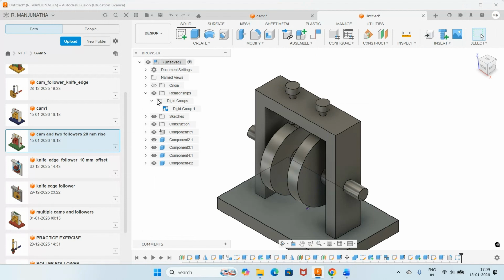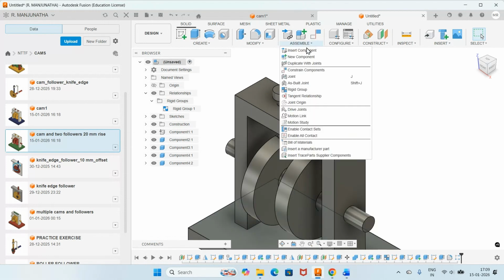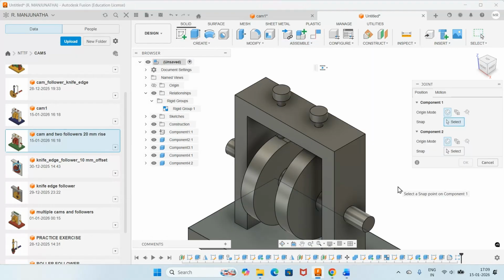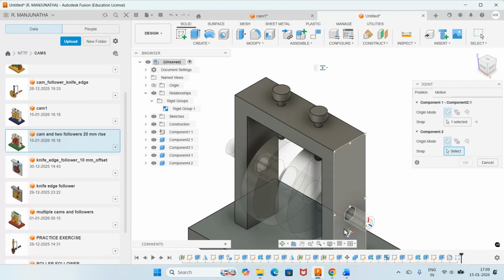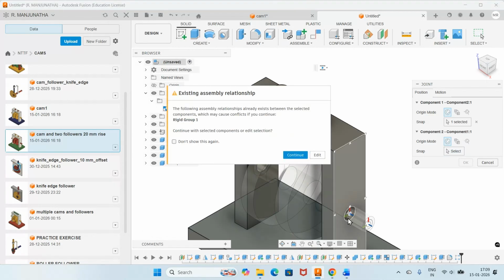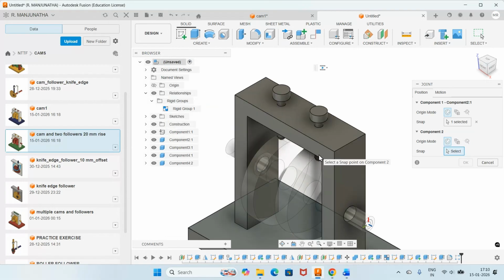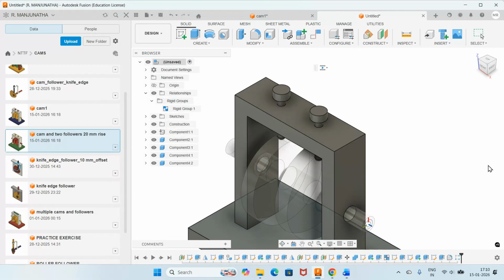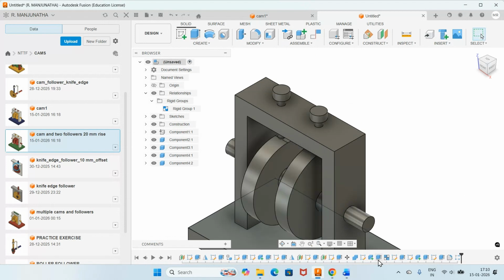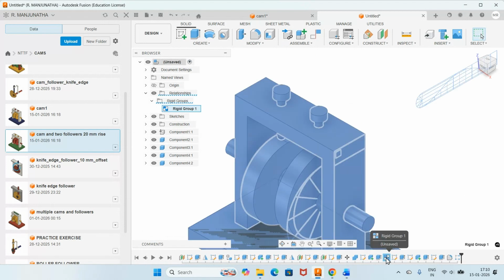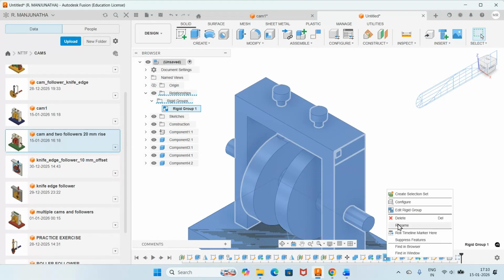Now I go to assemble, go to joint. So select this joint with reference to this joint. The following assembly relationship already exists between the selected rigid components, rigid group. I'll go for edit. I will just go to this rigid group and delete this rigid group now. Now I will go for